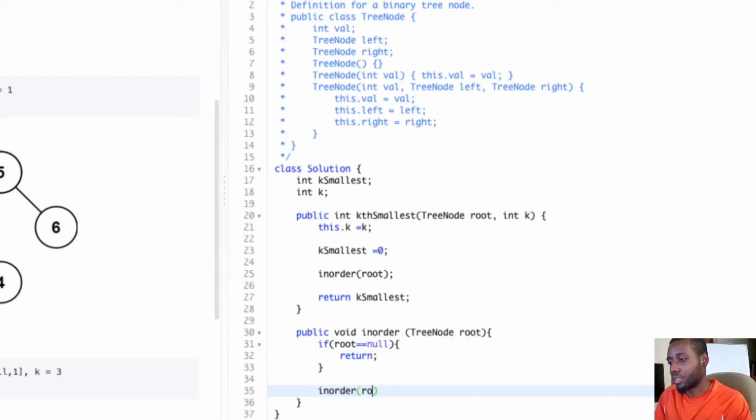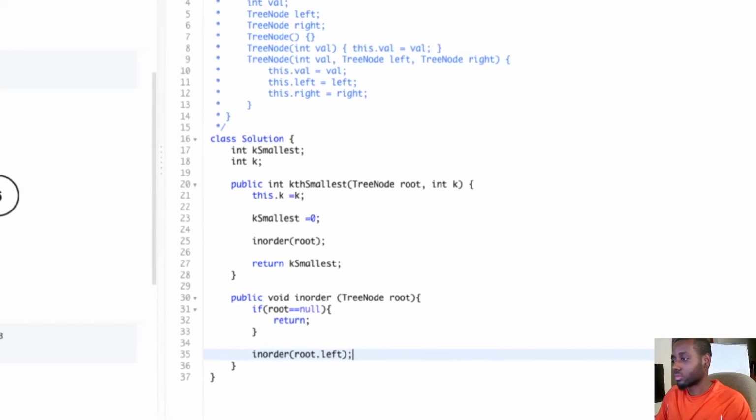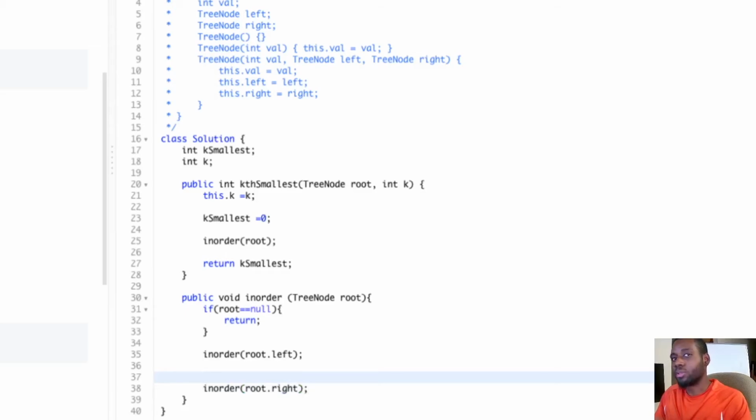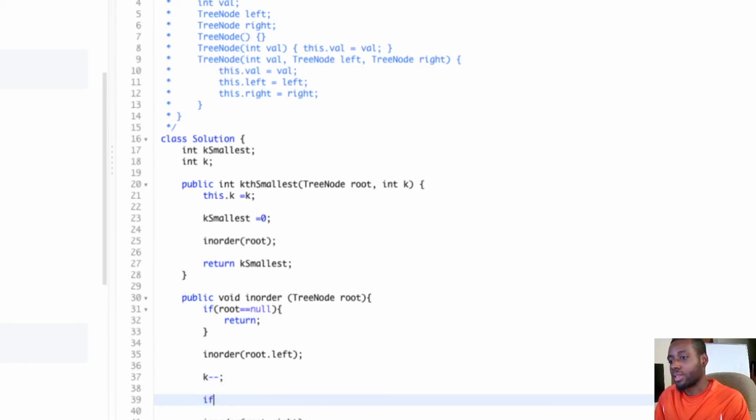And then we do in-order. We visit the left side first, and then we know we're going to be visiting the right as well. And in the middle, the root. So now we need to do some processing. First things first, as we visit the nodes, I told you we're going to be decrementing the k, and then once we get to k is equal to 0,